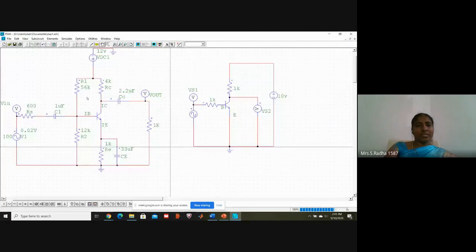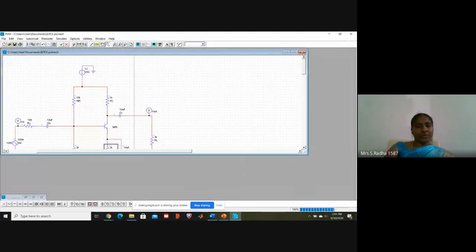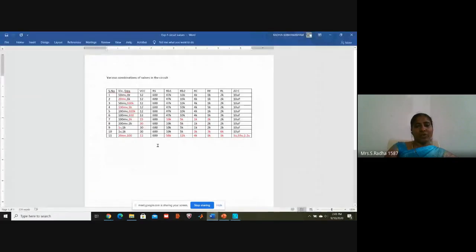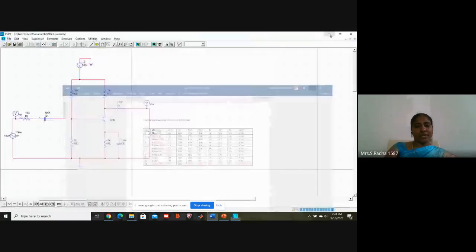This is about the BJT amplifier. All the values are changed compared to our previous circuit. So what is our previous circuit? I have closed it. And this is our previous circuit, this we have done today. Our previous circuit values are like this. Still, you can try some more values. These values I have shown in the next circuit. I opened another file in that circuit.